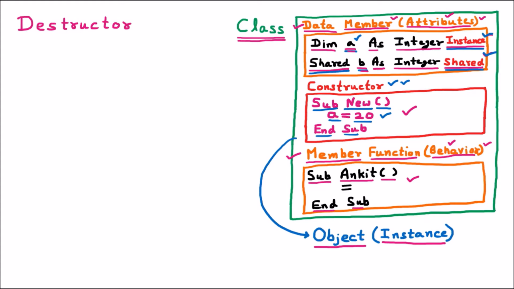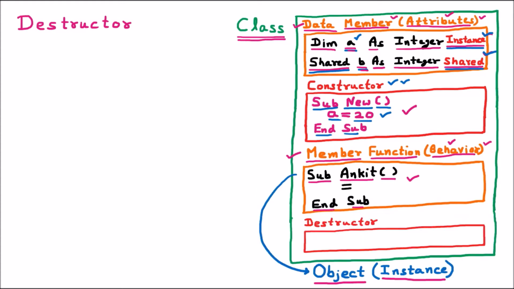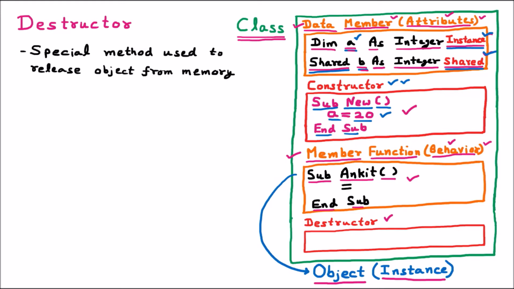So multiple objects take the memory. Now this memory should be freed when the objects are not in use. So there we need the destructor. Here the destructor is used, and that is going to deallocate the memory. So we can say that destructor is the special method which is used to release the objects from memory. The objects which are not in use will be deleted by the destructor and memory will be freed. Now we are discussing the types of destructor. There are two types of destructor.